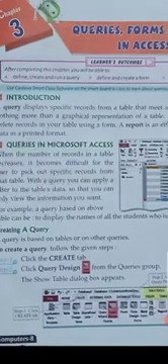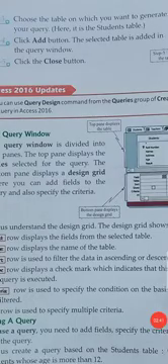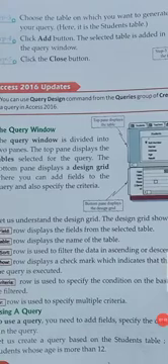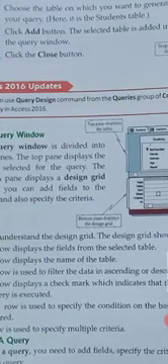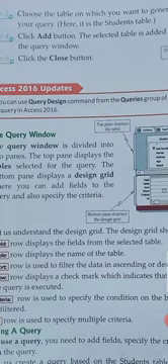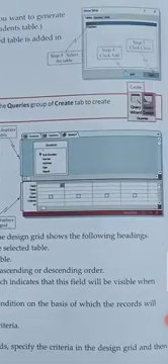First of all, we will click on Create. Second, after that we will click on Query Design from the Queries group. The Show Table dialog box appears. Step 3, choose the table on which we want to generate our query. Here it is the student table. We are working on the student table. Fourth, click the Add button. The selected table is added in the query window. And last and final, click the Close button. I will show you 3, 4 and 5th. Select the table, add and click close.